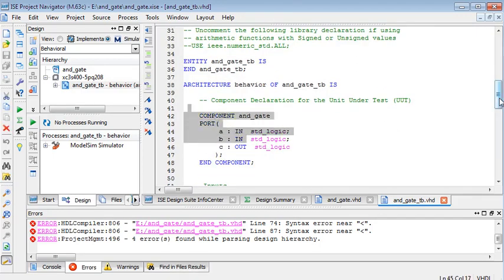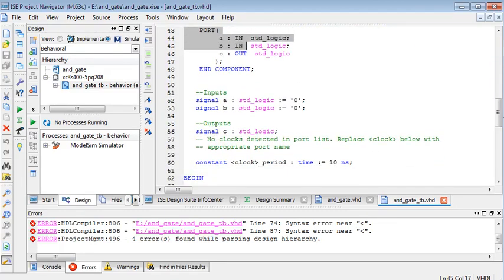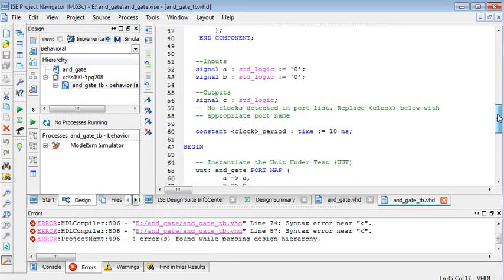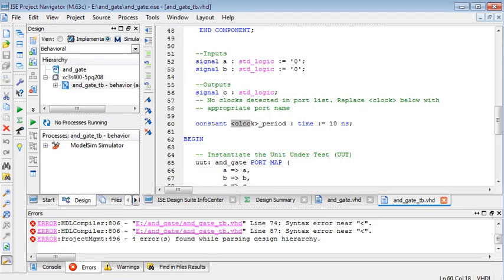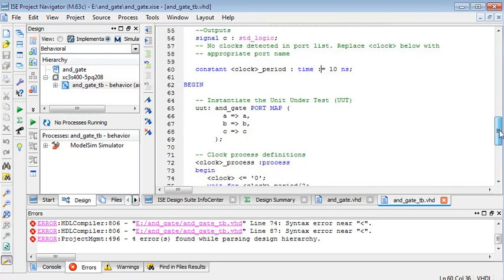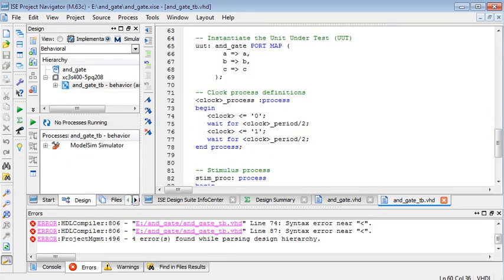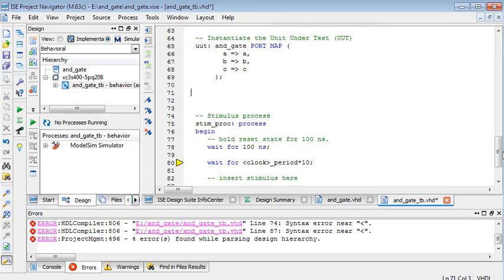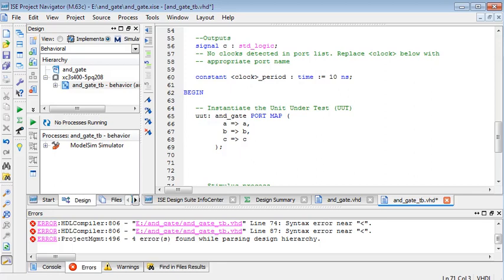What is the next? Here we can see clock period is defined in our code which is of constant type for 10 nanoseconds. Hence our clock period is constant. We will delete this clock process definition. Delete this code. And we need to remove this triangular bracket from clock period.